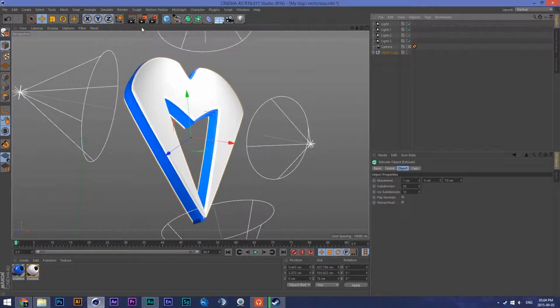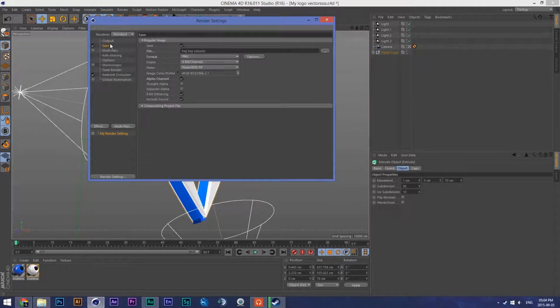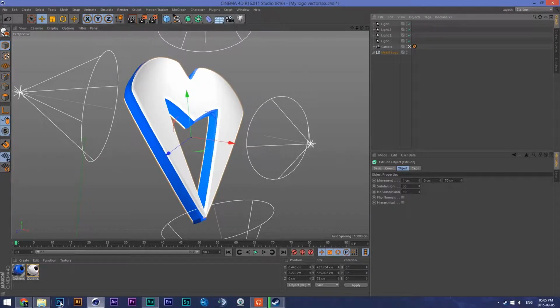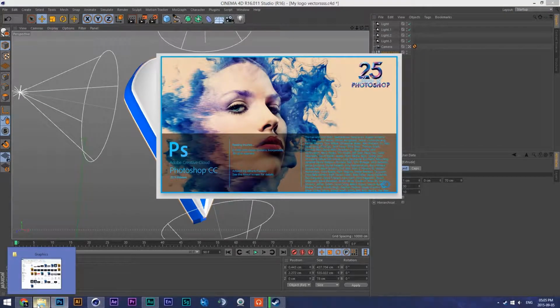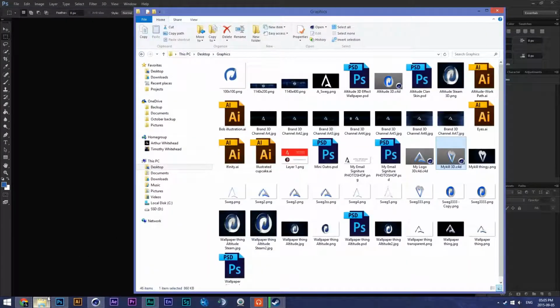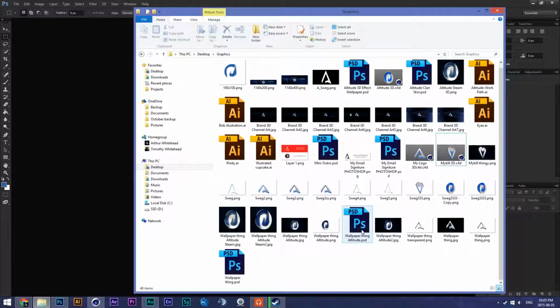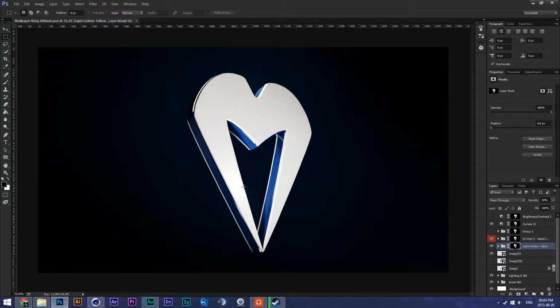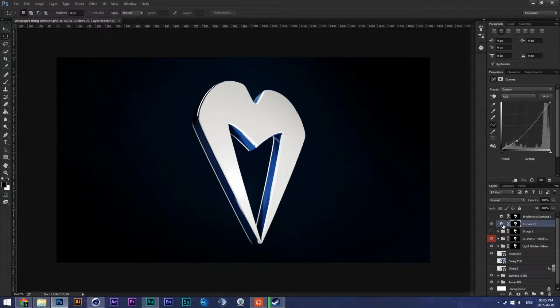If you have bigger objects and you want higher resolution, you could just export in higher resolution. Then I'm going to go into Photoshop, and I'm not going to show you how I made it look a lot better, because that takes a lot of time. It's going to take a long time. So I'm just going to load up a preset. This is what I have with a whole load of